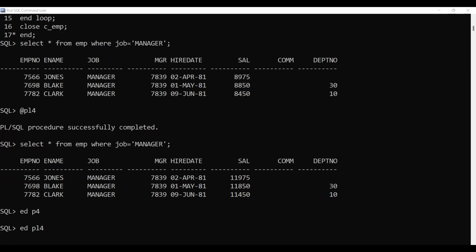Current of CMP. Now here we are giving condition for every record, correct? V_EMP_rec.EMP number. So EMP number should be part of the select statement used to create the cursor. Okay, but there is a way where